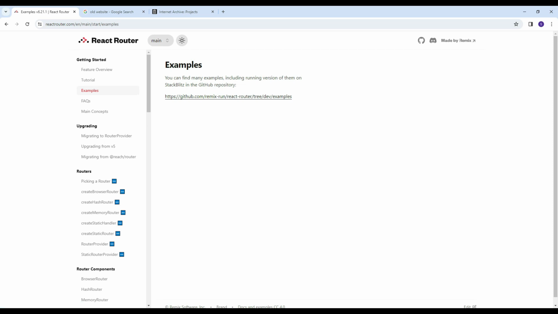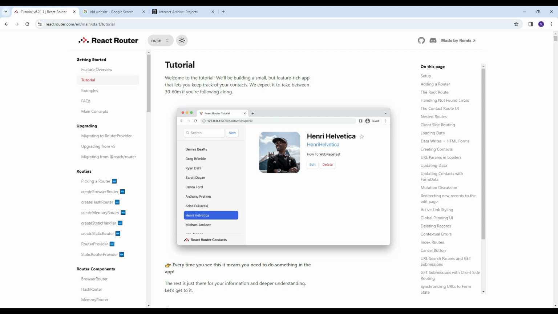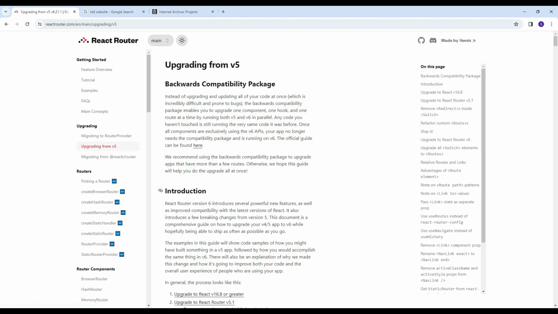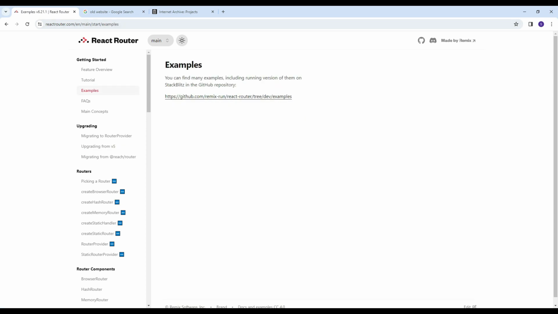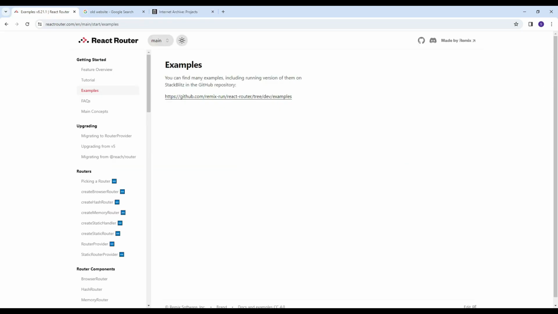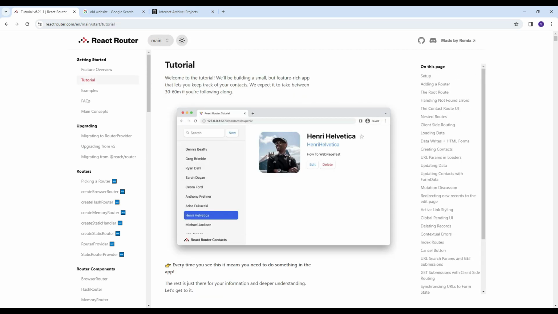You can see when I'm clicking, these are the menus. When I'm clicking on any menu, the URL is getting changed, but you are not seeing any spinning icon here, right? The content is getting changed and the URL is also getting changed, but we are not seeing the spinning that we saw in that older implementation. Because this is client side rendering, and that older one is server side rendering.